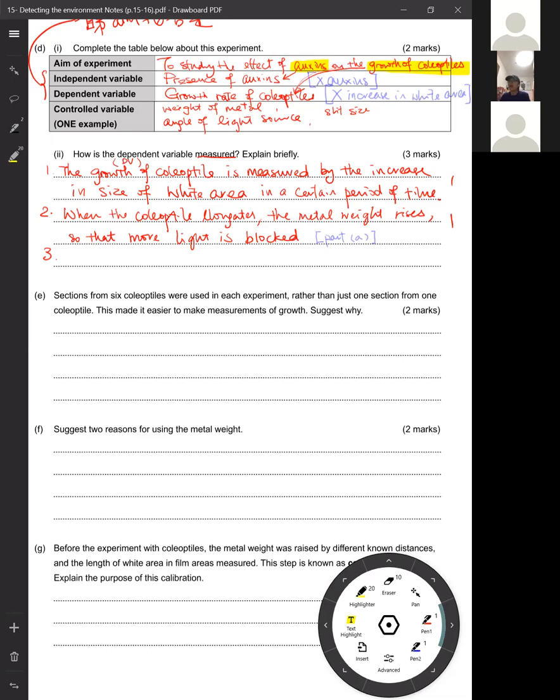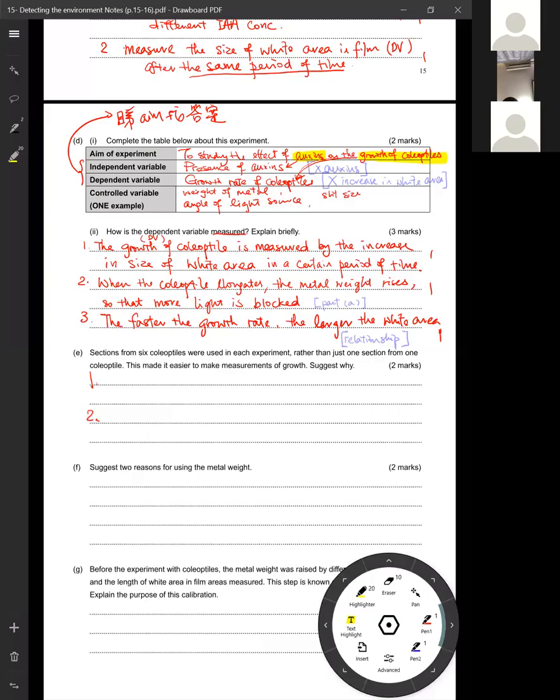So part E is about 1 versus 6 coleoptiles. So you first have to address the problem of 1 coleoptile, and then address how come the 6 coleoptiles can solve the problem. Okay, so